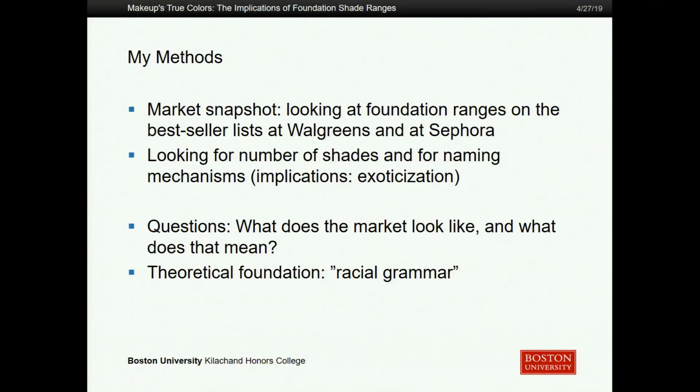So what I wanted to look at was essentially a market snapshot. I looked at foundation ranges on the bestseller list at Walgreens and Sephora, so I was looking at things that we know that people are buying, and I'm looking at the number of shades that are available in these products, and I also wanted to look at how they are naming these products. Typically, each color in a foundation shade range has a name attached to it, and these can actually have implications that are racialized